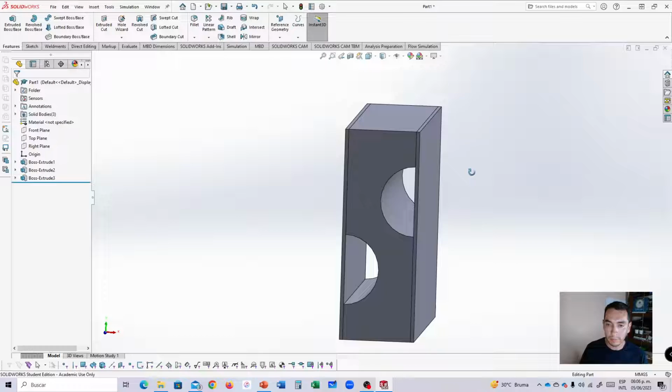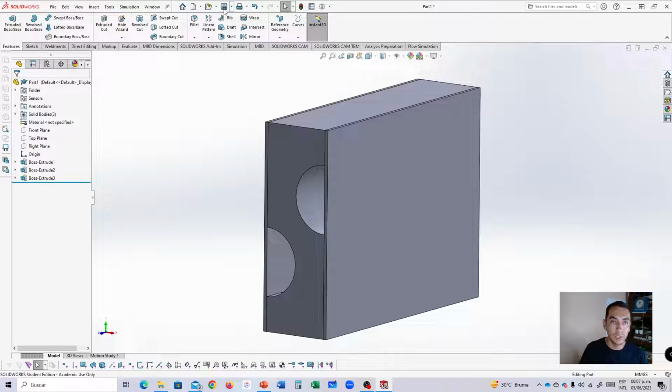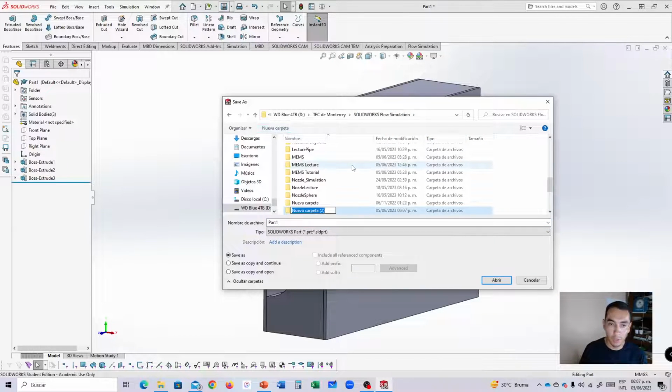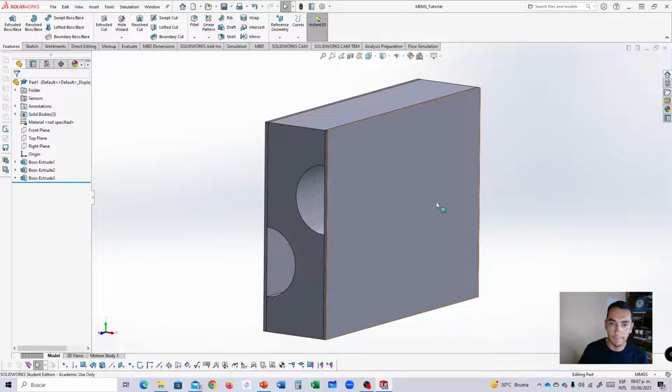Okay, so before anything else, you are going to save the work. I recommend you to save everything in a single folder. And I'm going to give it the name. Okay, now